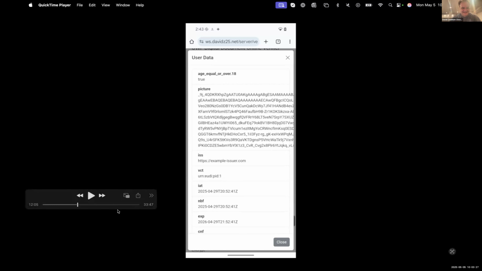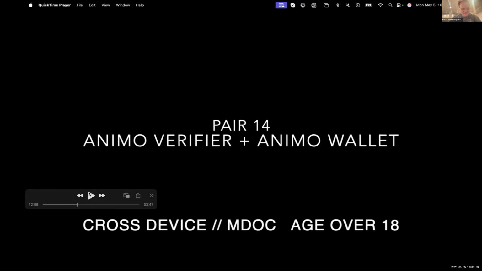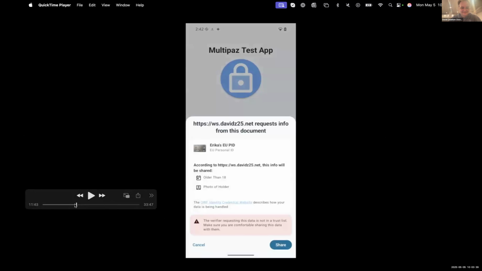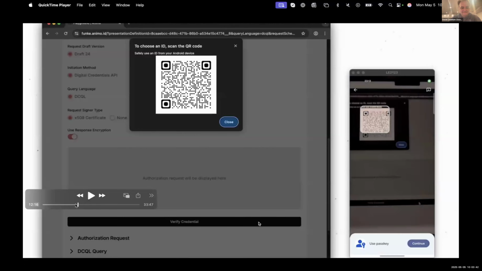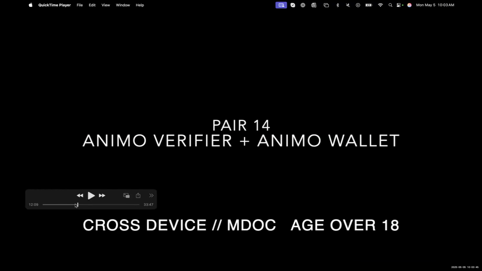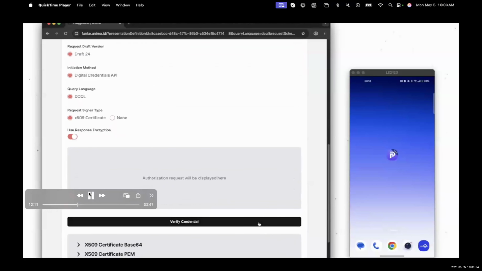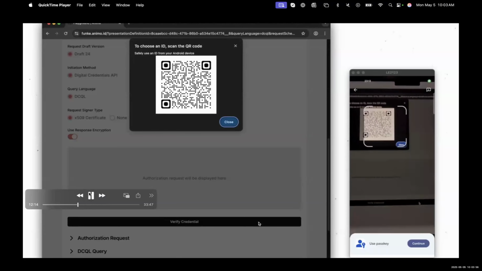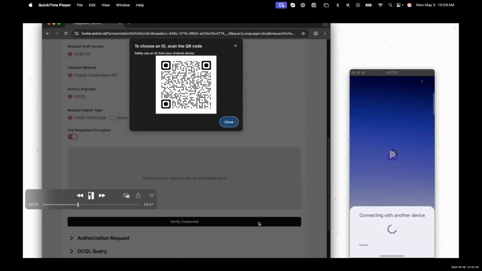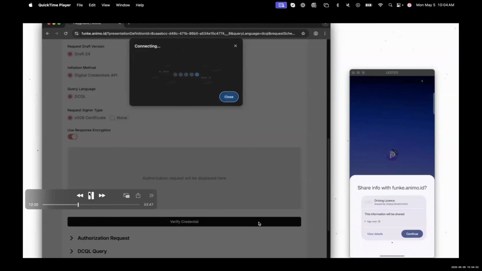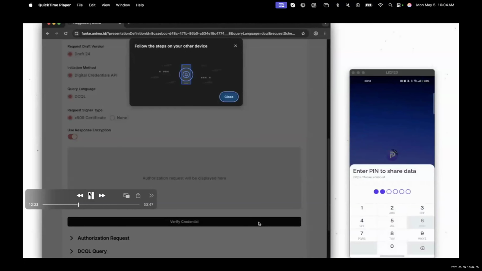Okay. All right, great. I will keep playing then, going through the next set of on-device permutations. Nope, that was quick. I'm going to guess we don't need to go back because that was all pretty similar to what we just saw, and then we saw the prettier version. Okay, so let's do this next one where Timo will consult with Timo about both his verifier and his wallets across device, mdoc age over 18. Yeah, so this one doesn't count as much for interop because it's our own verifier with our own wallet, but yeah, it still works. Yeah, the same as the other queries we did with the last interop test.